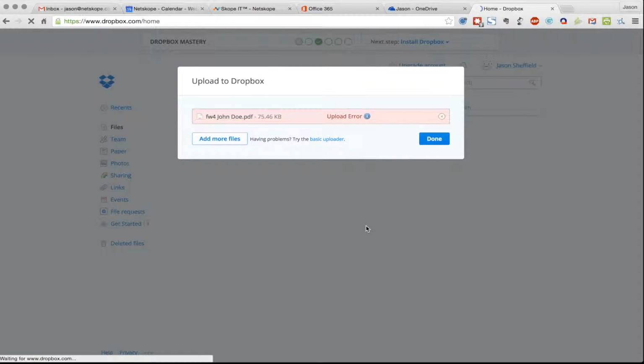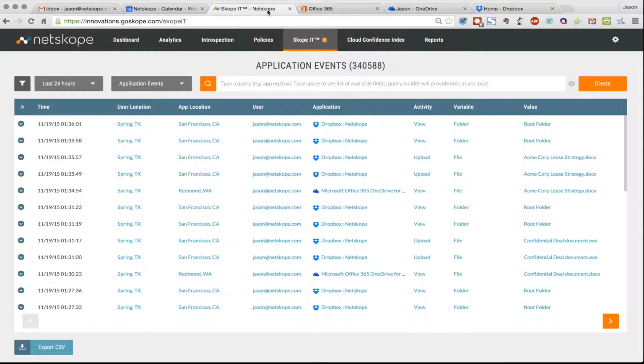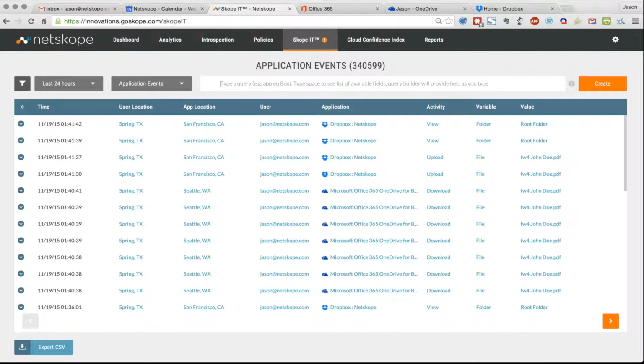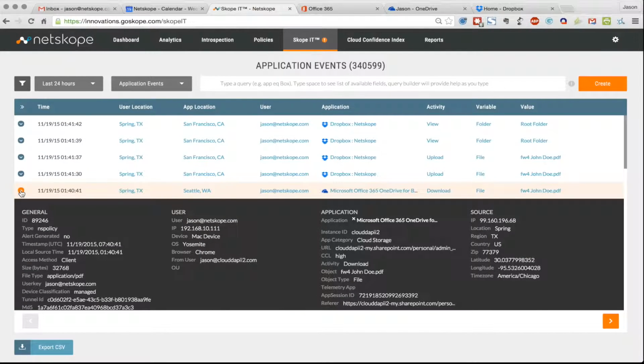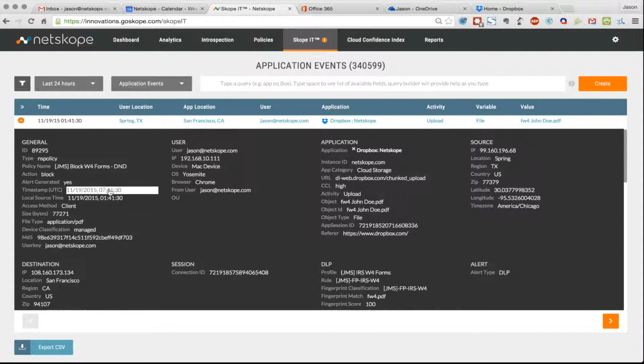And I can do that with any particular cloud application that's out there, and I think there's probably close to 300 of them now, but we've got a single policy to be able to cover all of those different actions. So here's where I went and looked at the file in OneDrive, took a look at it, and then I went to Dropbox and tried to upload it, and again triggered a block policy.